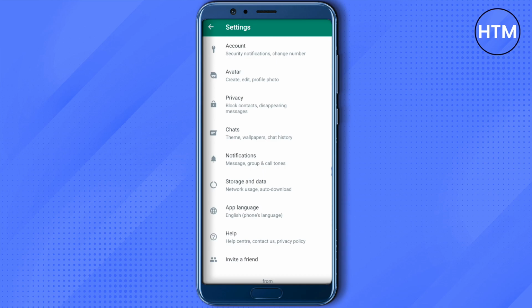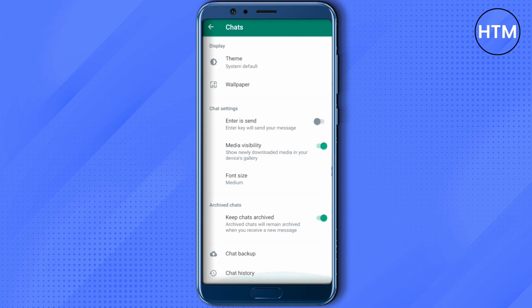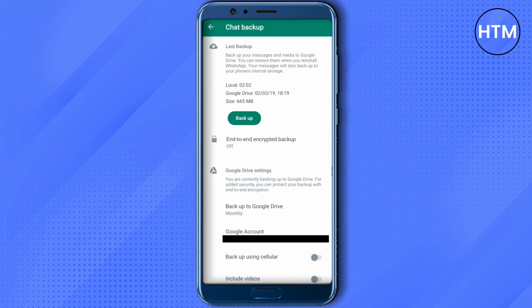So let's proceed with the video. After opening up WhatsApp, you can go to settings, and in the settings click on the chat option, and then you will be able to find this option of chat backup. Just click on it and click on backup. So this is how you back up all your chats, and you can also set this backup on automatic mode, and